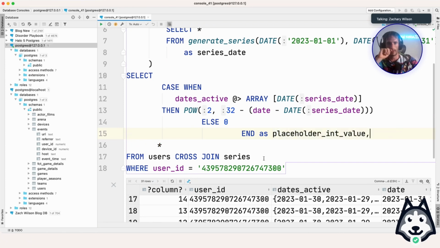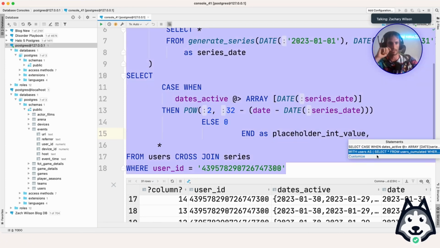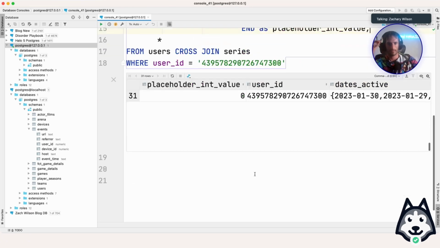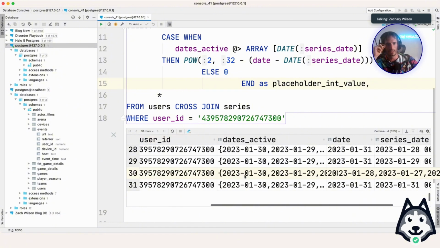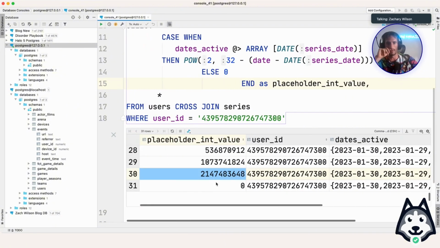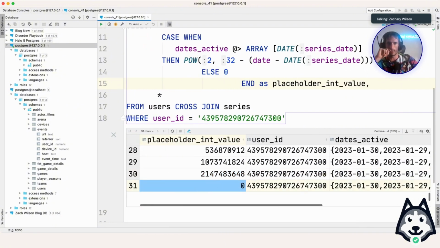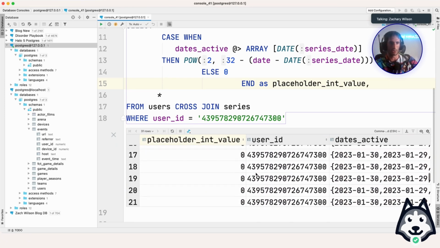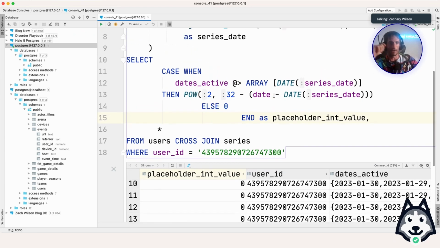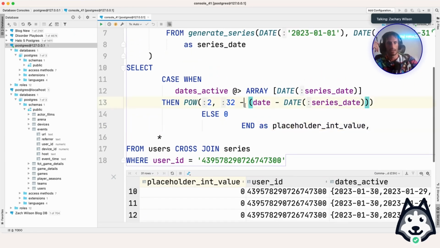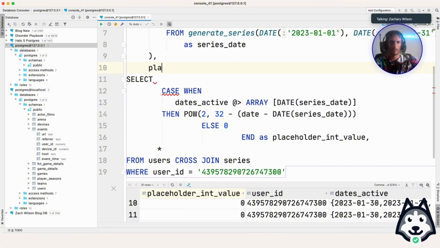And then a comma. So let's just look at what this does. You'll see for the 30th, they get the 30th value, but they don't get the 31st. So this is how we can work with creating our date list int for our user here. So we're really close here. We're going to call this placeholder